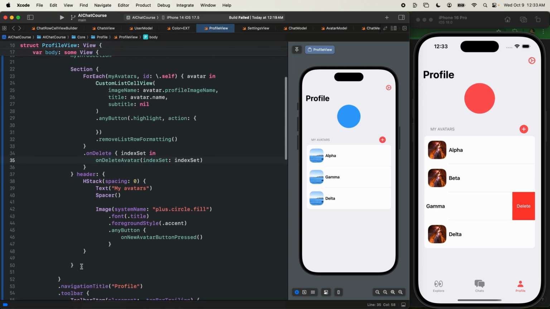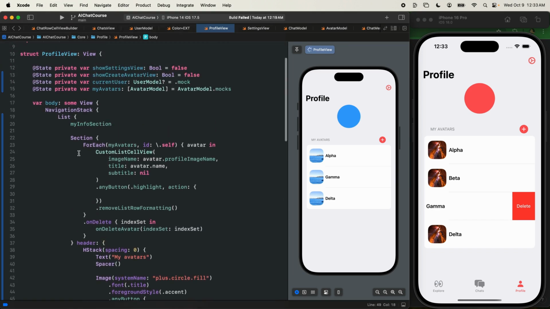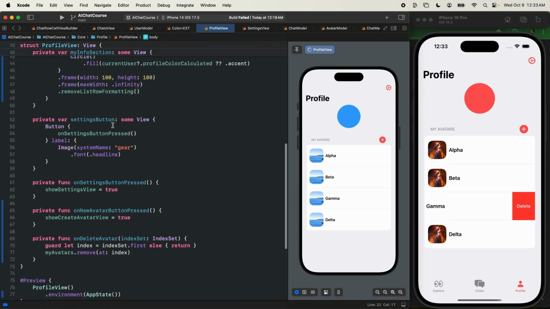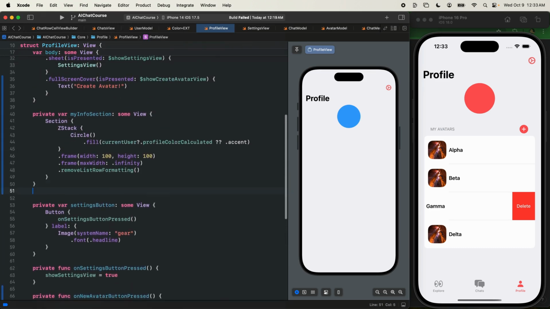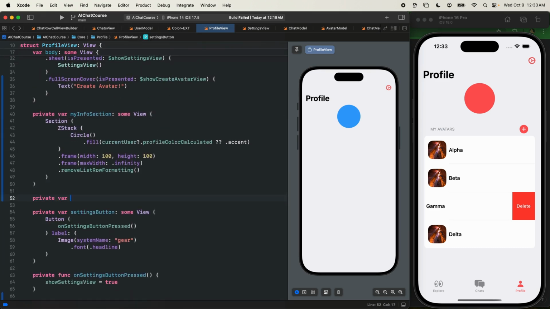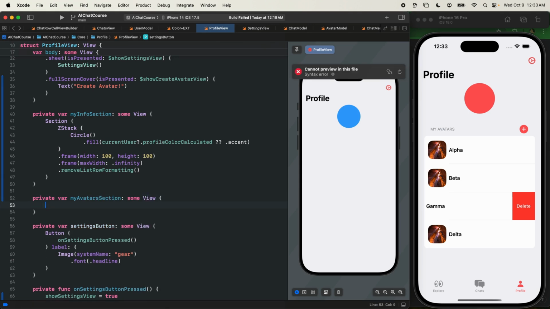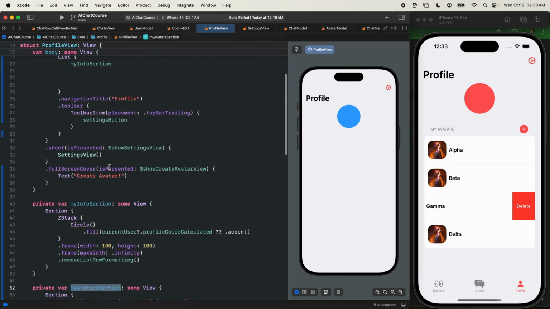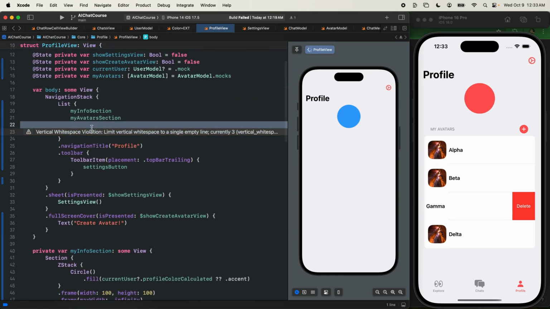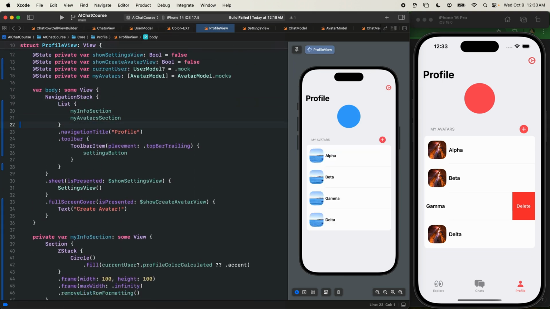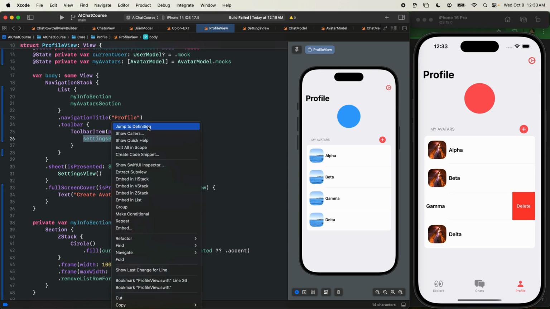I'm going to take this section here and let's cut it and move it down to the bottom, or move it down below my info. We'll do private var. Let's call this my avatars section, some view. Paste that here. My avatars will go up here, keeping the body nice and clean and readable. And then lastly, on the my settings